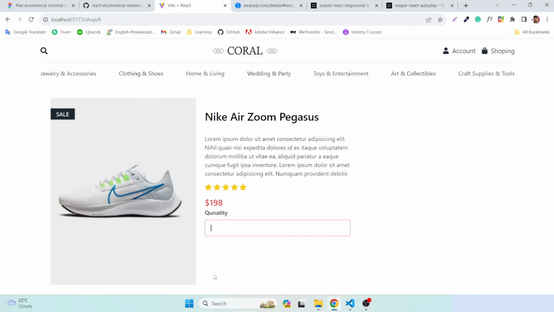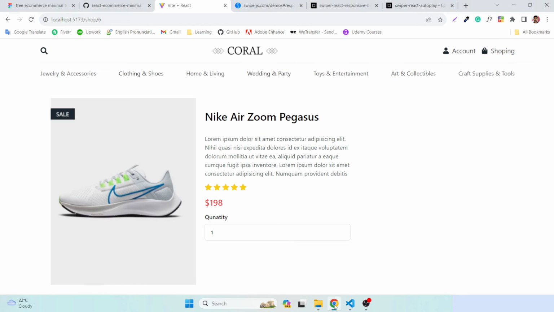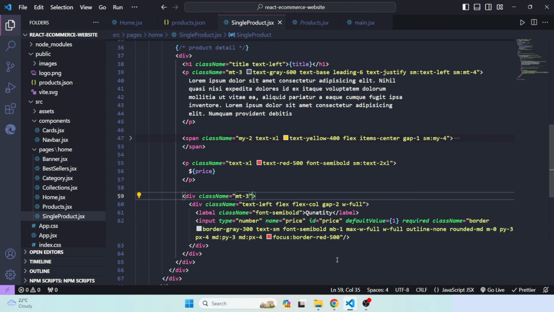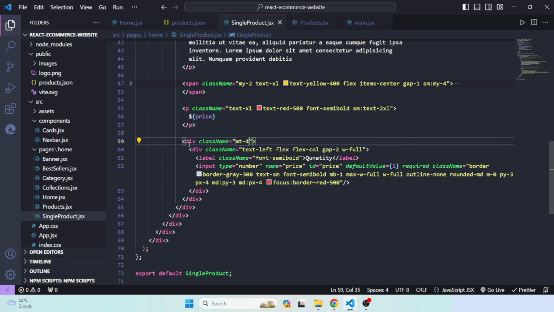Okay, now this is the field, can add some spacing, so that's why under this price here you will just define some class name mtop 3. Okay, let's add it. We can just add 4 for now, so I think this is fine. You can just pass any value here. So now the last one is order button. So after this we'll have